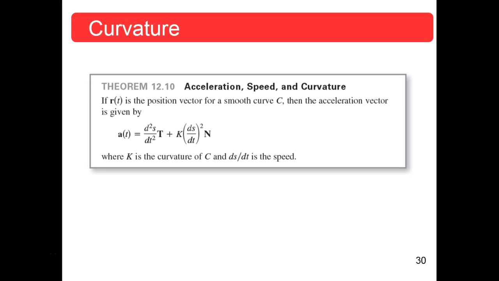So the tangential component is solely a function of the arc length and is independent of curvature. Tangent doesn't care what the curvature is doing, it's just going to point that way. On the other hand, the normal component of the acceleration is a function of both the speed and the curvature. This component measures the acceleration acting perpendicular to the direction of motion. To see why the normal component is affected both by speed and curvature,